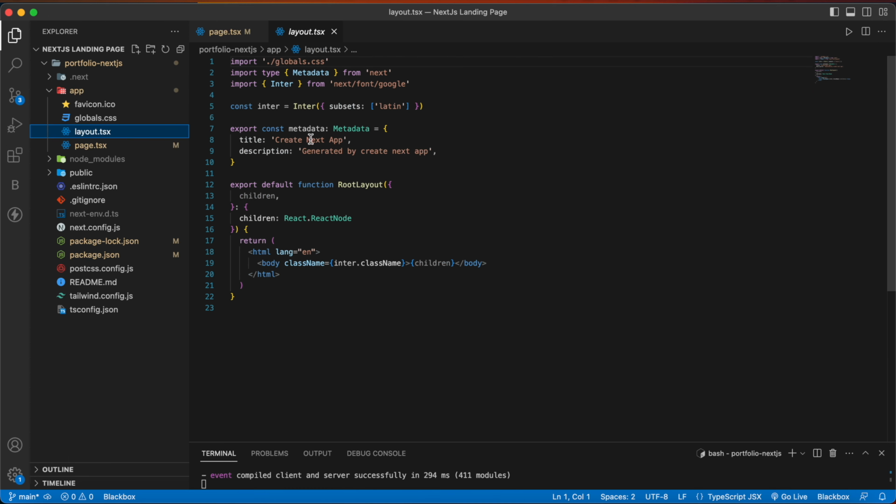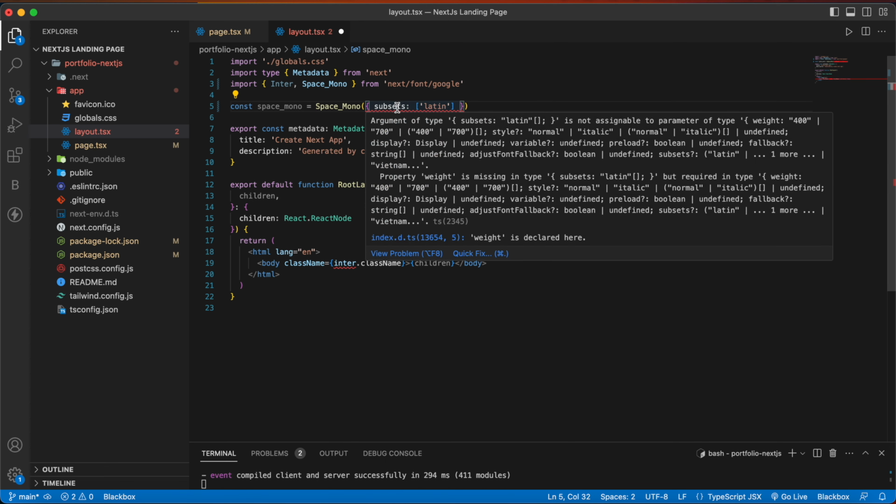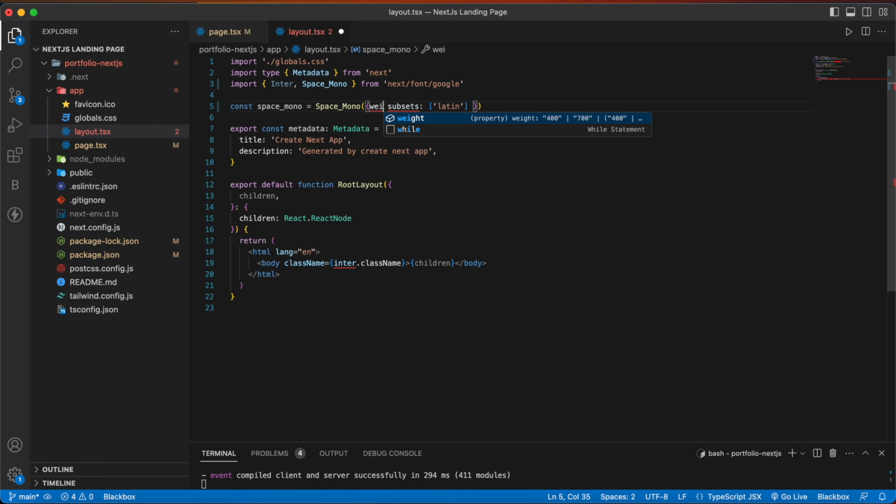Inside the layout.tsx we are going to change the font, so we are going to use Space Mono, and inside this we are going to give weight, so weight and then a square bracket, and it will have two weights, 400 and 700, and then a comma.